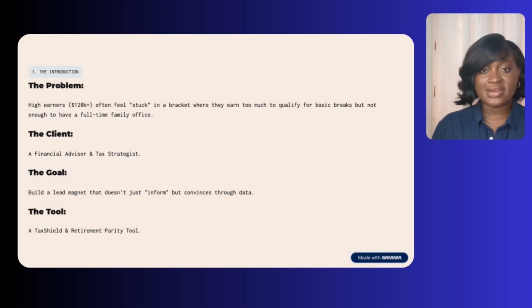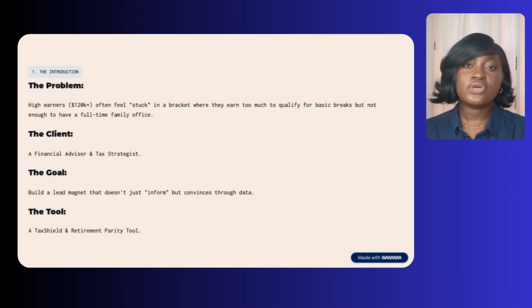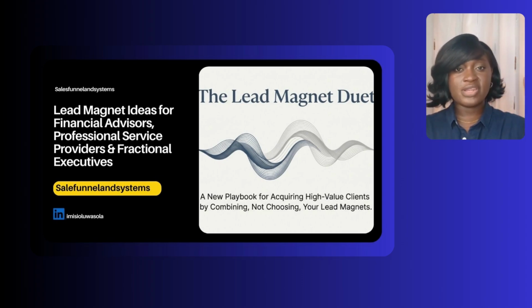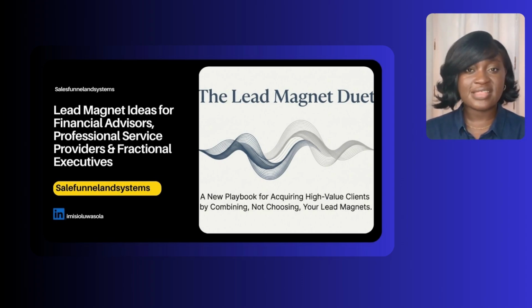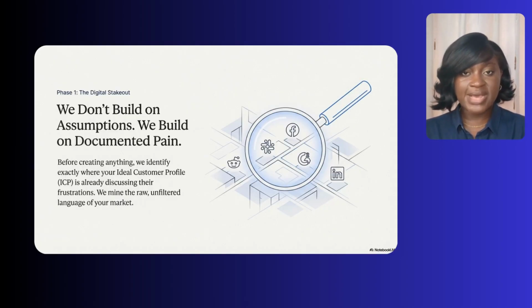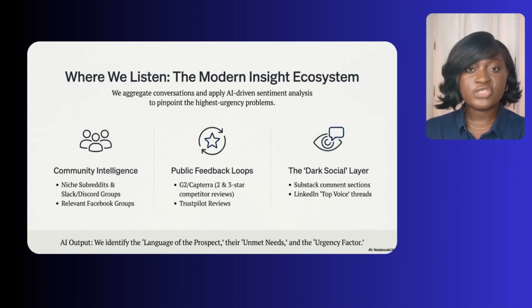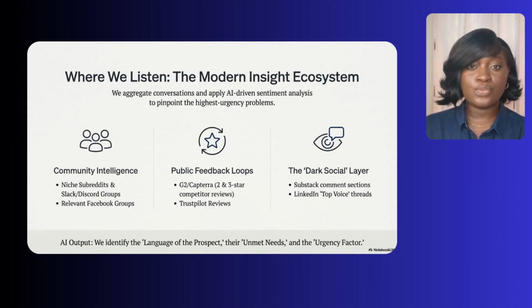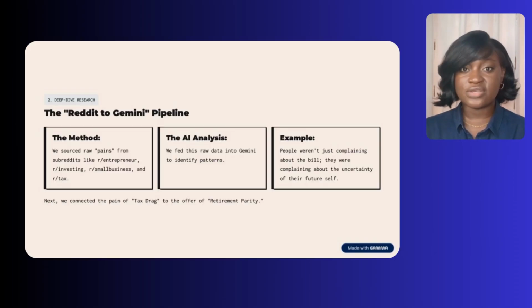Before we even built the lead magnet, something else we did was deep research into the ICP. If you watched the video where I spoke about lead magnets, I said that before we create anything, the first thing we do is deep research into our ICP. For this particular lead magnet and offer, we went to subreddit groups talking about taxes, and about retirement plans or investments for freelancers or small business owners. We didn't go to subreddit groups of 9 to 5 professionals or C-suite executives. We didn't go to all those kinds of groups. We didn't go on Facebook because we felt we had enough information from these subreddit groups.